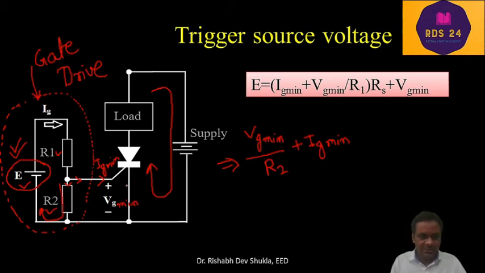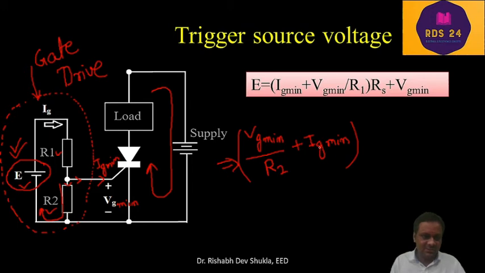Some part of the current is going towards the R2 side, whose value is equal to Vg minimum divided by R2, and the other part is going towards the SCR gate side, which is equal to Ig minimum. So the total current supplied by the source E will be like this. This is the total current supplied by the source,